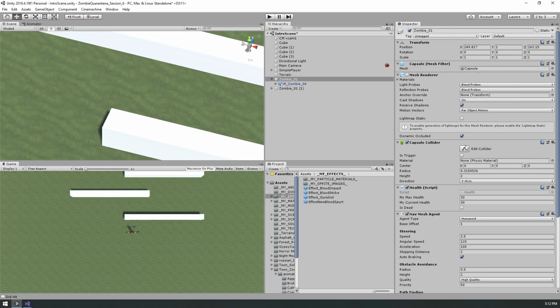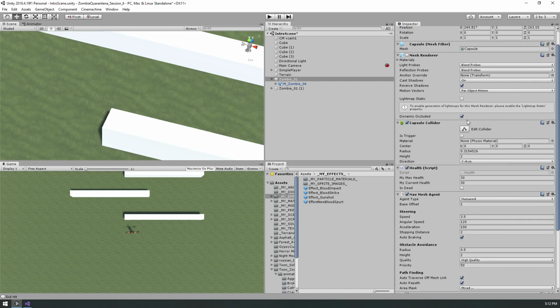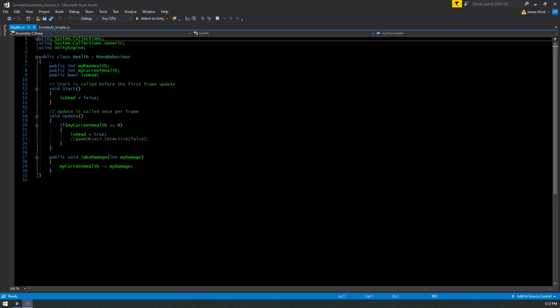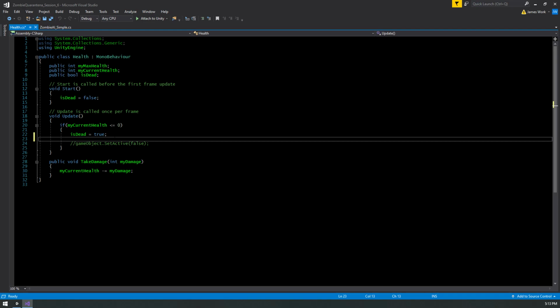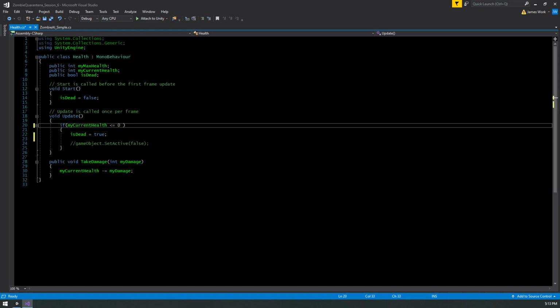So we are going to handle that in the health script. We're going to say, if is dead, in other words, if my current health is less than 0. Also, the way this is written, this update check is going to set dead to true over and over and over again. So we only want it to do that once, when the zombie dies. So I'm going to say if my health is less than 0